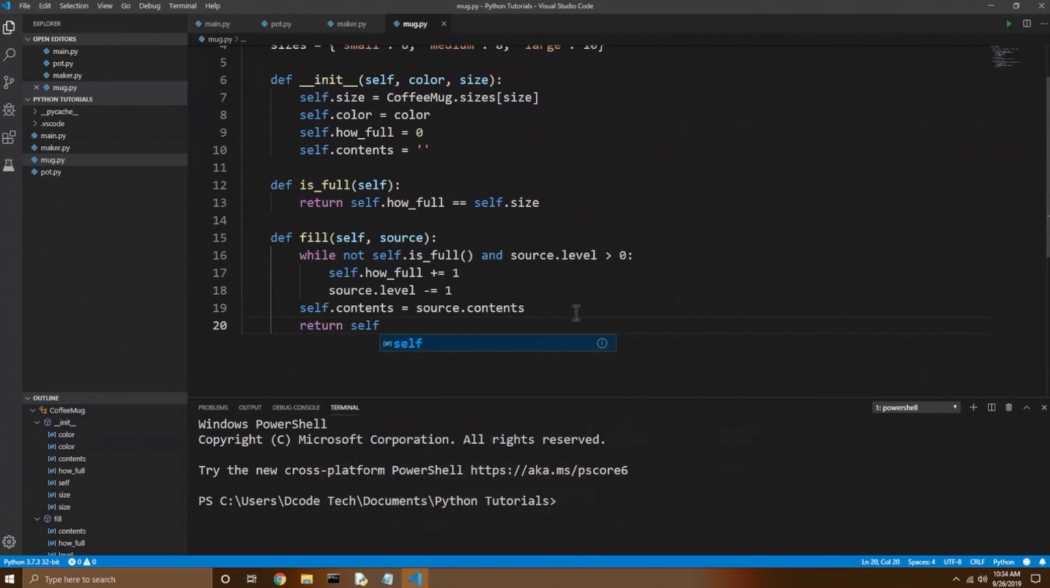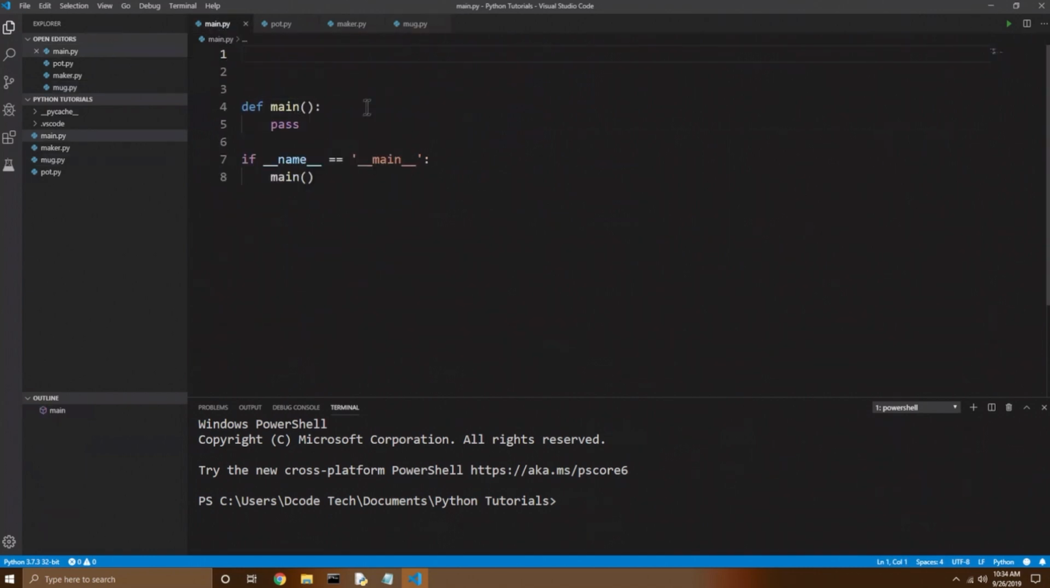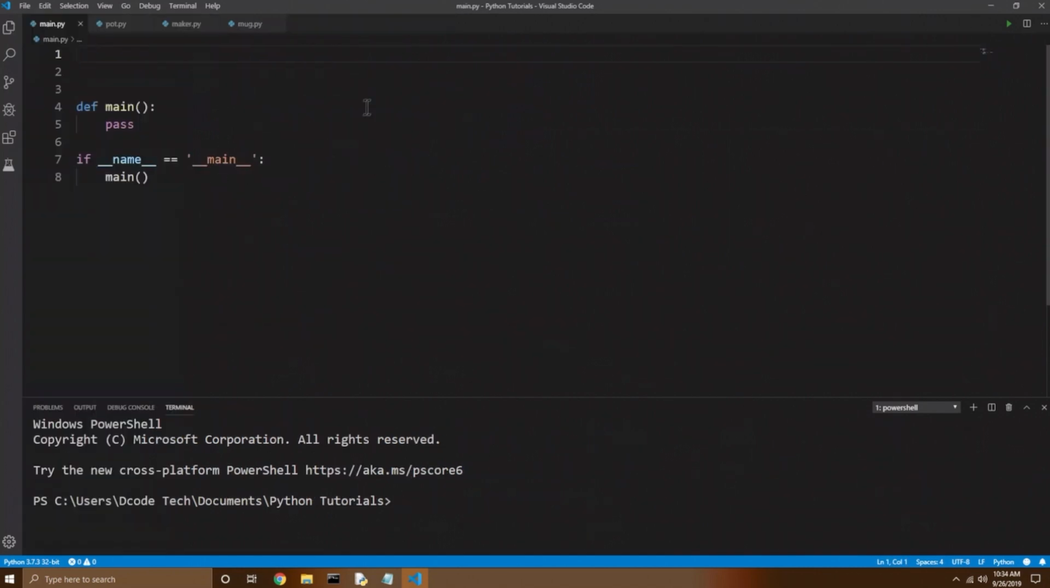All right, let's save that, and let's go back to our main file and actually start using some of these classes. First of all, I'm going to get some more space by getting rid of the sidebar. Now, to be able to work with our classes, we have to import them. So I'm going to import, I want to use a from rather. So from maker, let's import